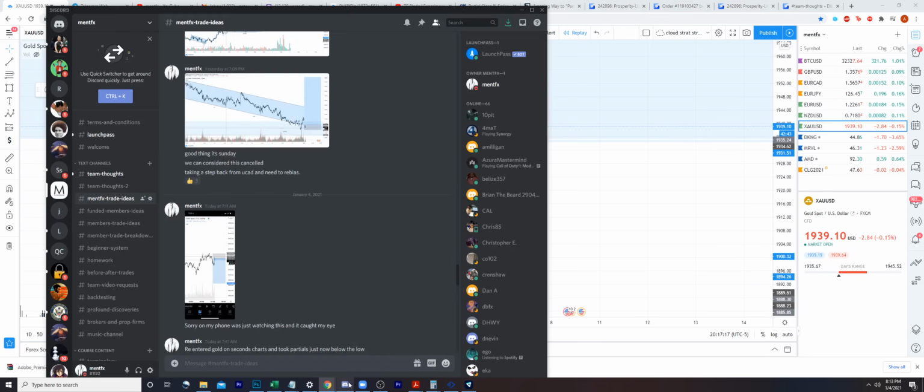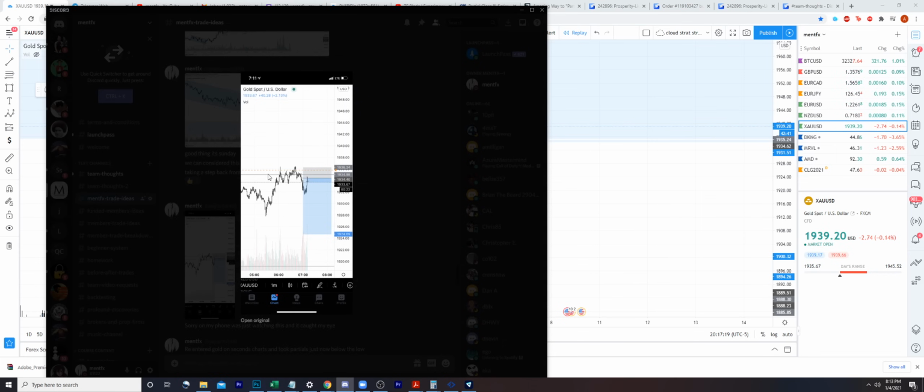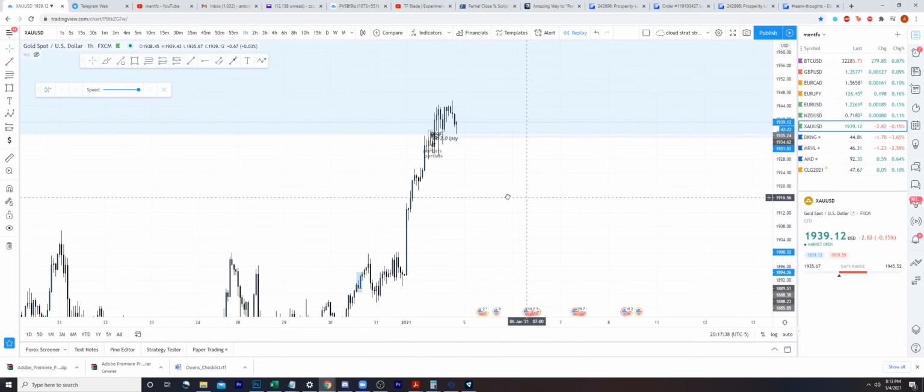Now, here's the proof of that. I think I was in the shower when I sent this out because I was just looking at my phone, and I entered on this and then sent the image out because it happened really quickly. It was a minute chart. Now, why did we sell here, and how did we go about taking this trade with our RR in mind? So what happened is, I